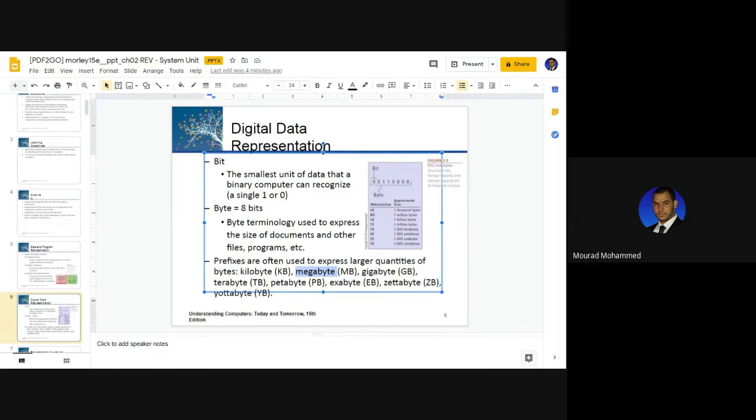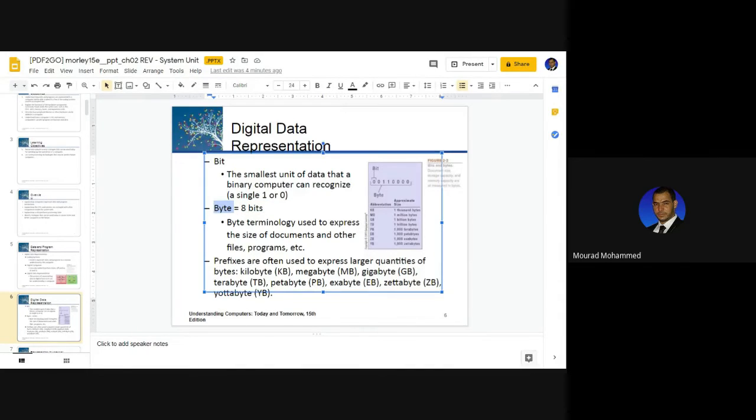Those data units are not like the transition from the bit to the byte. They are 2 power 10 each from one step to another. 2 power 10 each step we go. Let me explain more. A bit is the smallest unit. 1 byte constitutes 8 bits. Okay, from now